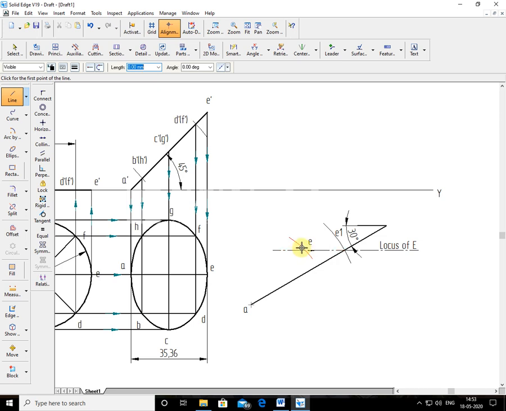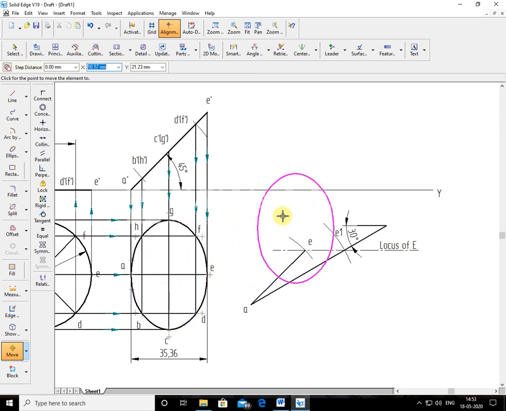Now on this AE you have to transfer this whole second position, the top view. How to do that? I cannot simply transfer a circle. If you transfer a circle here, you don't know where A is, where B is, where C is. Simply see here, if you transfer this in this way somewhere here, it doesn't have any naming, so you don't know where A is, where B is. That's why you should get points for projection to get the front view. That's why you have to transfer this circle along with the internal lines.